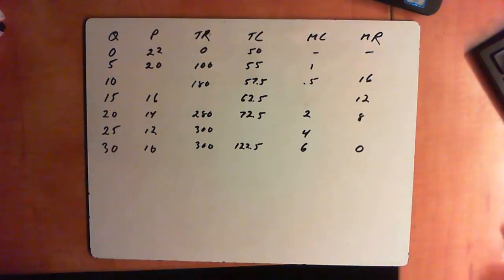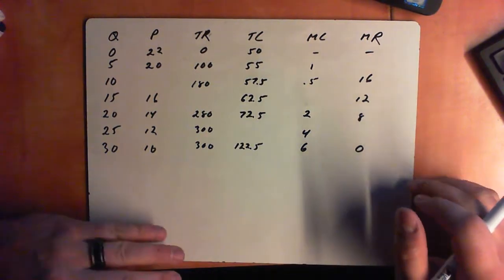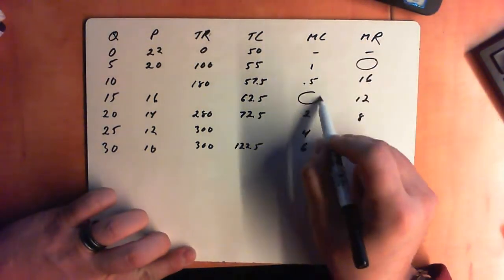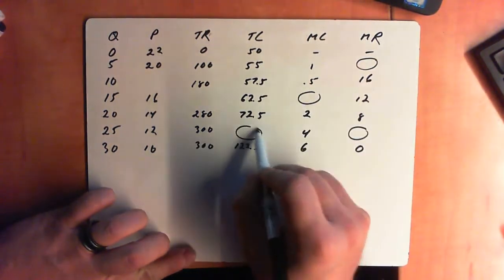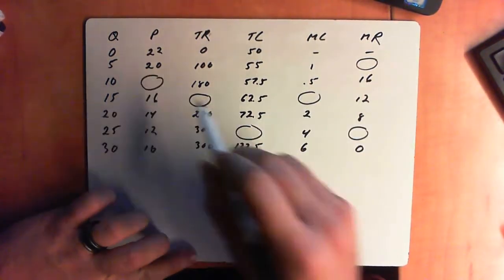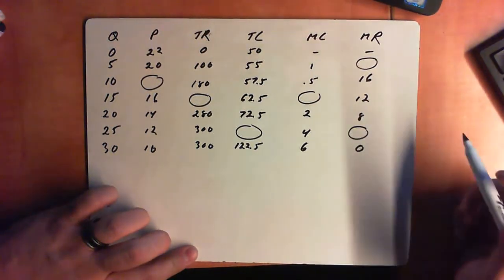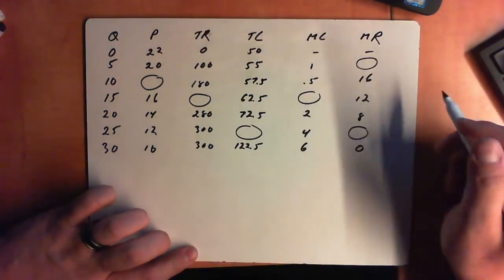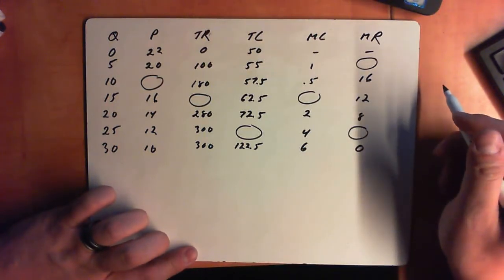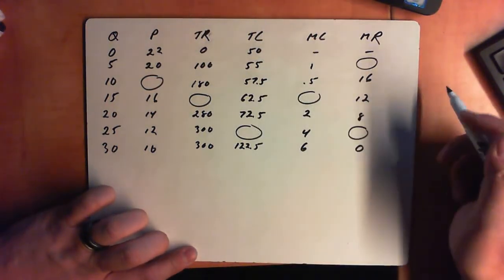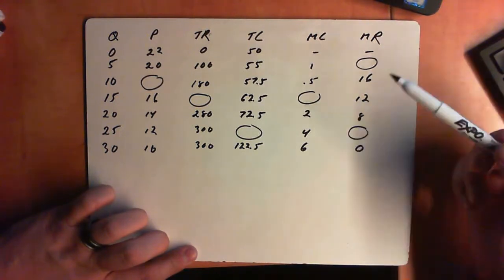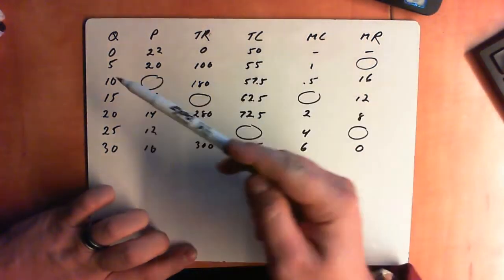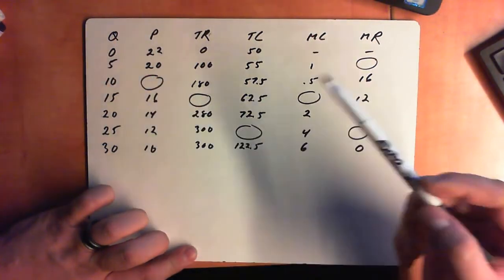So the third problem is going to give you a chart, and you're asked to fill in some blanks here. So we have blanks here, here, here, here, here, and here in this chart. So working our way down, let's figure out our marginal revenue here. Marginal revenue is the addition that each additional unit brings, right? So if our total revenue change is 100, from 0 to 100, and our quantity change is 0 to 5,